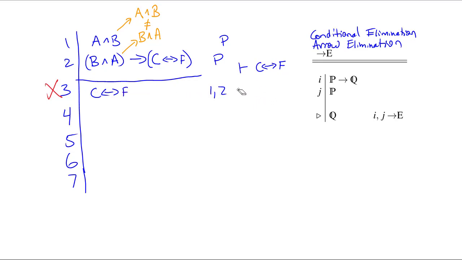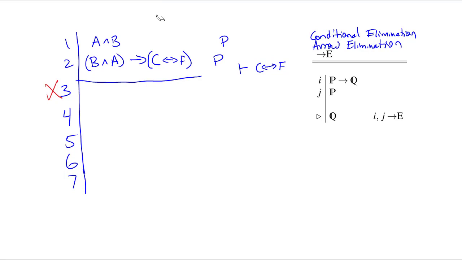So let's get rid of our mistake. Obviously what we need to do is to somehow change line 1 from A and B to B and A. Now, since we know that those two are equivalent, you might expect that there's a rule that would just allow us to flip it, but there isn't yet. For now, what we need to do is take line 1 apart into its components. So we get A from 1 and elimination, B from 1 and elimination, and then put them back together in the other order